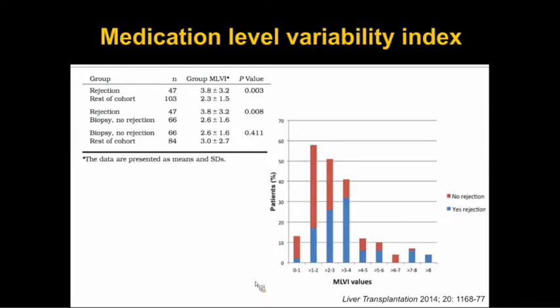I thought that this was interesting because clinically, especially if you're in a situation where you may just want to optimize immunosuppression and not necessarily jump to biopsy, this is a tool that we can easily use in practice to suggest that maybe this is somebody who has not been that adherent with medication and who we really think is at higher risk of rejection, and maybe we should just go ahead and tweak their immunosuppression.